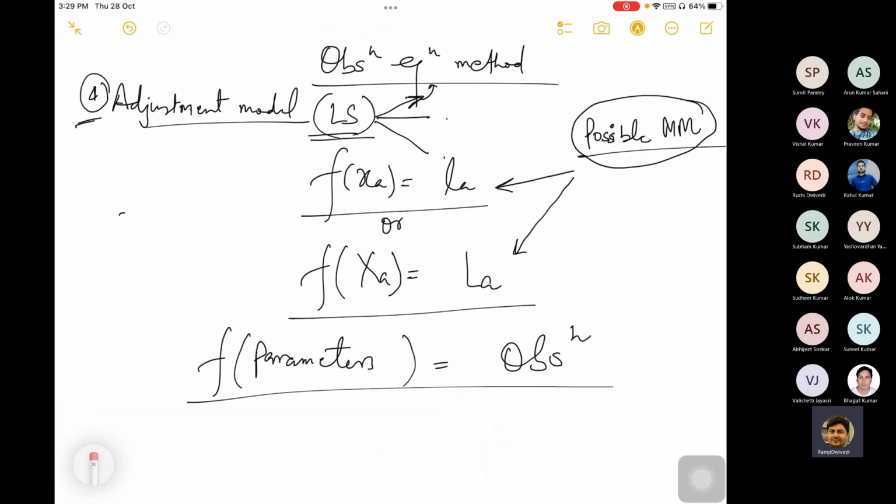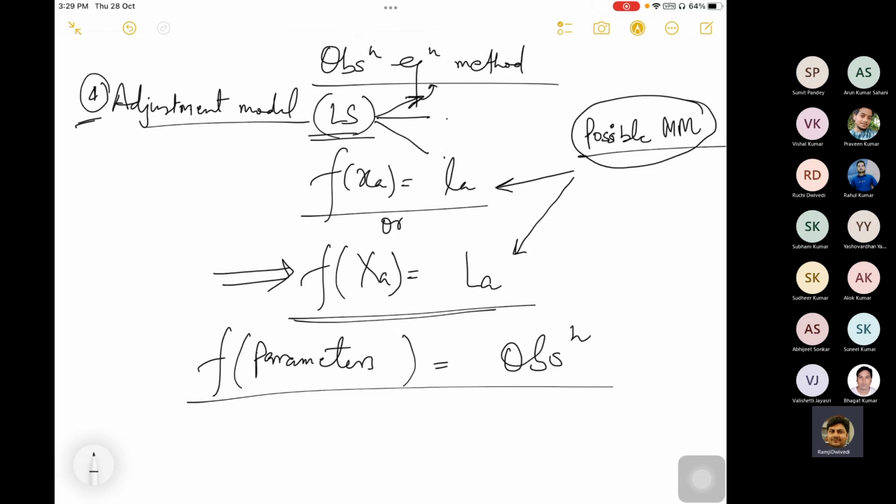Okay, but there would also be some cases where you could not possibly bifurcate like this. Then a situation would come. Once you finish all three methods, you would probably know which way to go ahead. So initially, we start with the method which we call the observation equation method, where we start with f(xa)